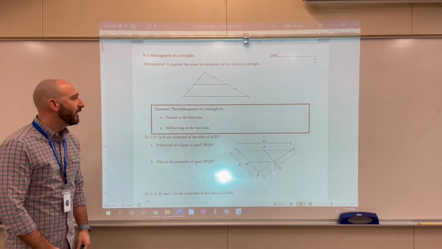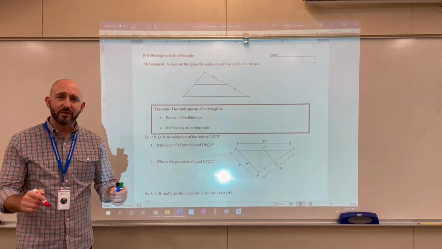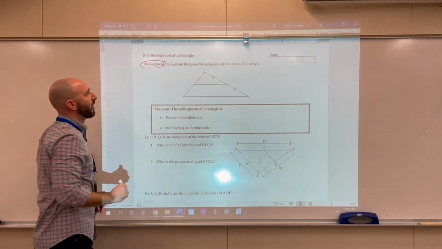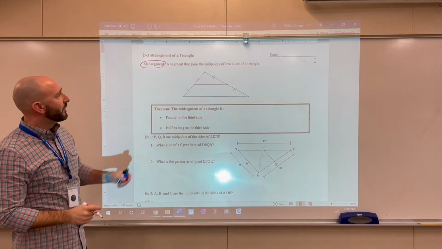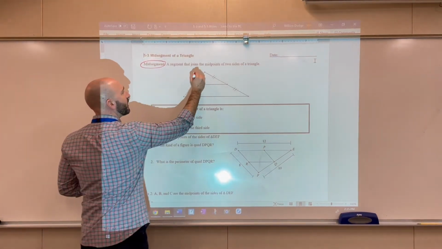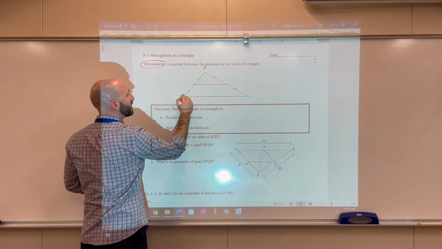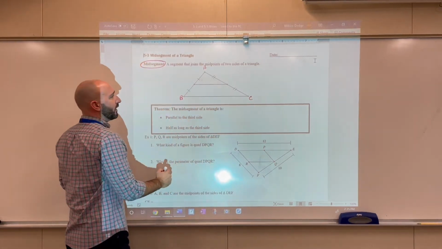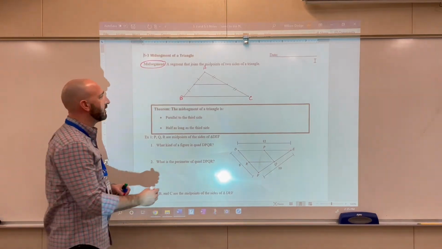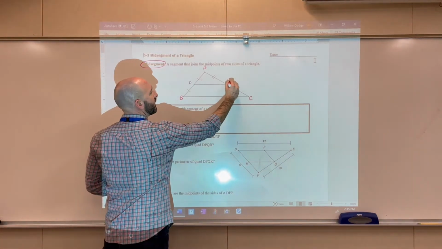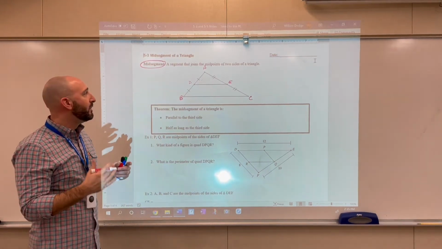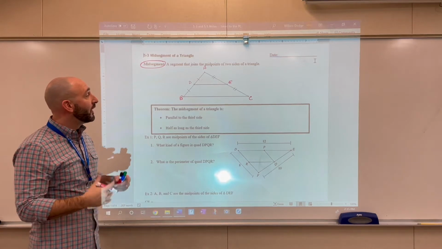So let's go ahead and talk about first off the definition of a mid-segment. So the mid-segment of a triangle is just a segment that joins the midpoints of two sides of a triangle. So if we take a look over here, let's say we call this triangle ABC. We see this segment that connects sides AB and AC. If I call this point D and this point E, segment DE would be a mid-segment of triangle ABC, because